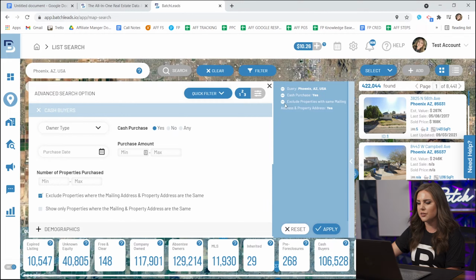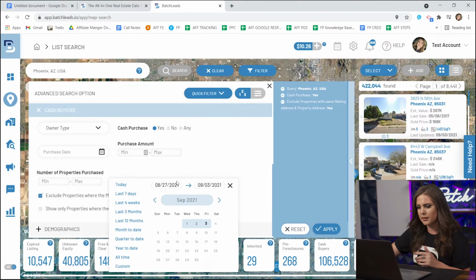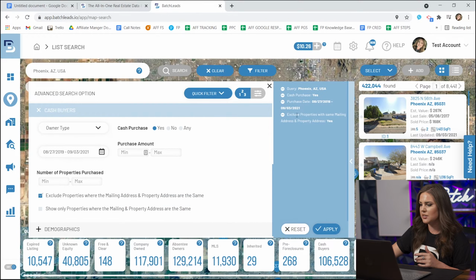You can start to see off to the right here that these filters are starting to stack. So again, we're in Phoenix, Arizona, cash purchase, yes, exclude any properties with same mailing and property address. So we want the mailing address to be different than the property address. And then what we're going to do is find properties that were paid for in cash within the last 2 years. So we're going to click the purchase date, and I'm just going to change this year to 2019 and click this little check. So now we've added that filter,